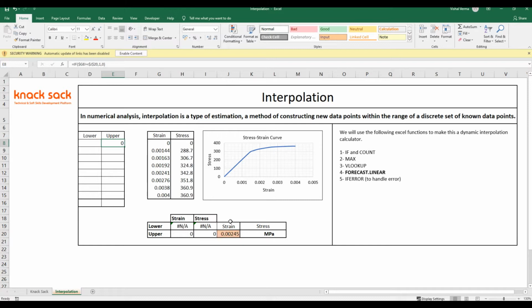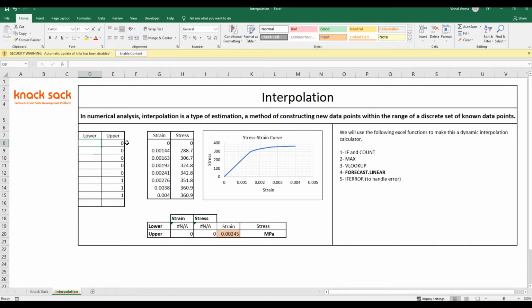That means this strain value is not greater than this. I will copy this formula till the last row. Now see, we are getting a transition from 0 to 1. The moment we get 1 as output, that is our upper value, so this strain and stress should be in the upper cells.